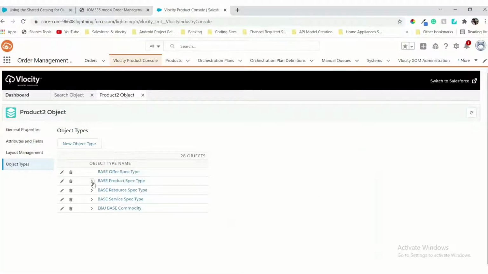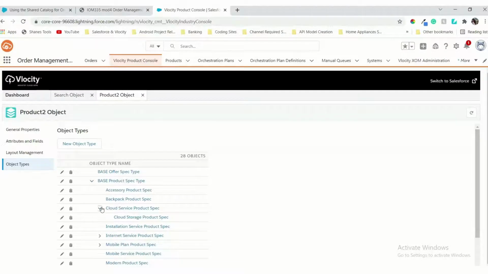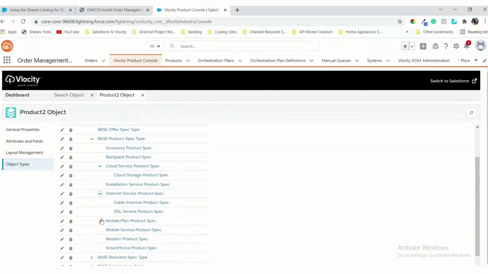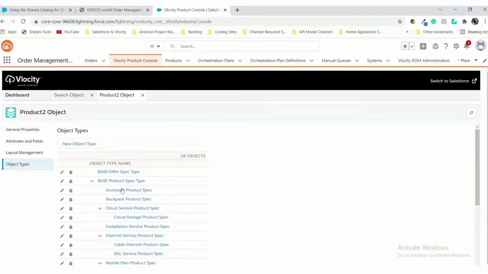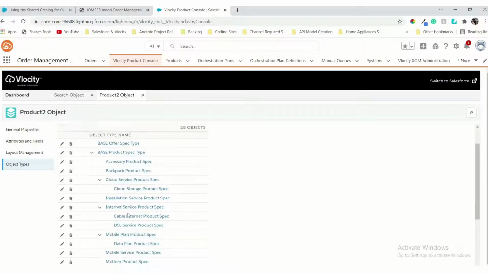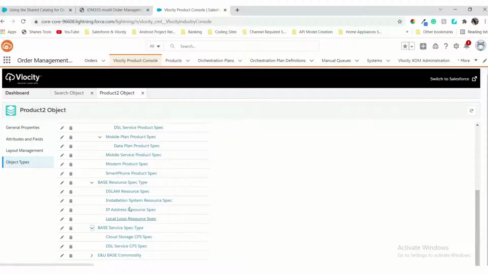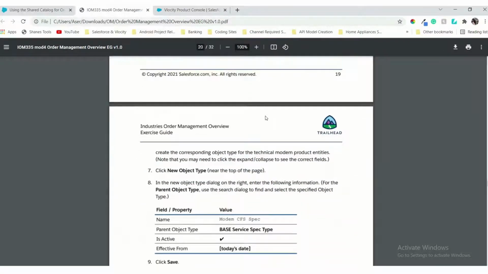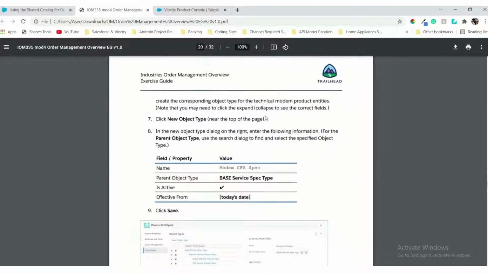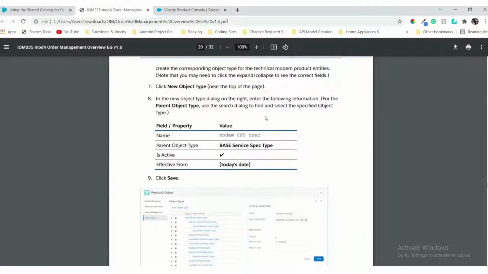Okay, now we have to see each and every object type. Just take a review of these, because these are the pre-built object types we can see. As you can see, there is the base product, specific type, cloud service product, offer, and discount. Consider yourself as doing the complete CPQ, and you should also be aware of these things, because only after CPQ can anyone learn order management.